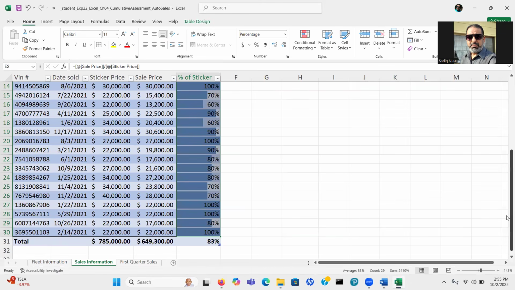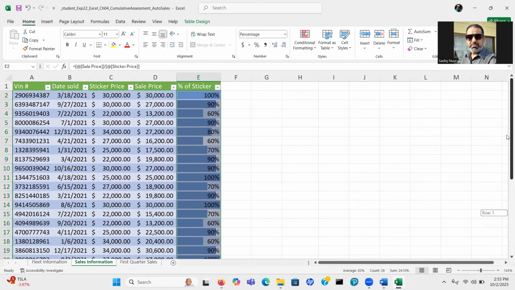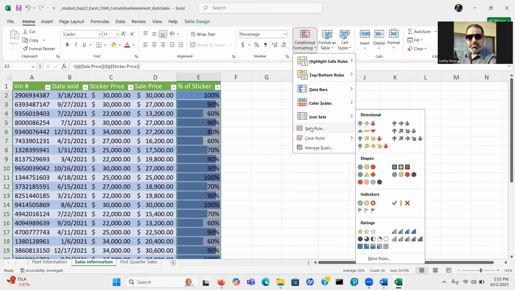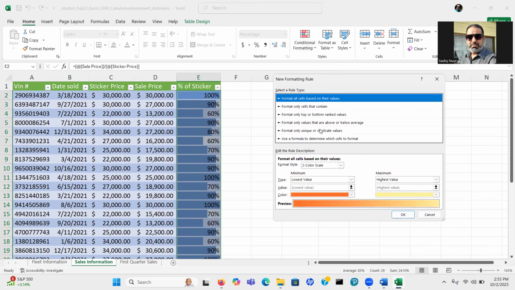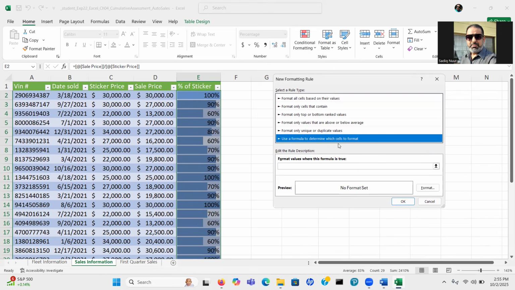So while the cells have been selected already, we will go back to the Home tab, Styles. We will go to Conditional Formatting. We will create our own rule. Click on New Rule, and then we will select Use a formula to determine which cells to format. And then in the format values where this formula is true, we will type the formula.